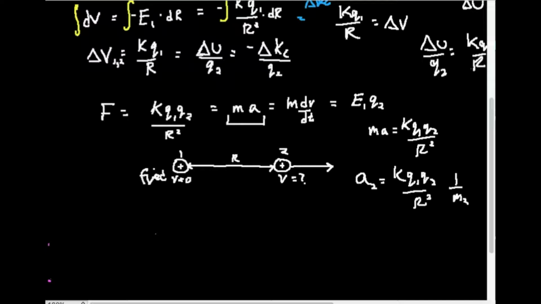So if you knew the mass of 2, if it was an electron, this is a positive charge, but if it was an electron, you would just take the mass of an electron, whatever that is, I don't honestly remember what it is off the top of my head, and just plug that in here. You take the radius between them at a given point, and then K, Q1, Q2 are also known. Now,